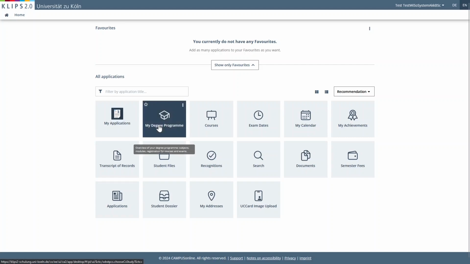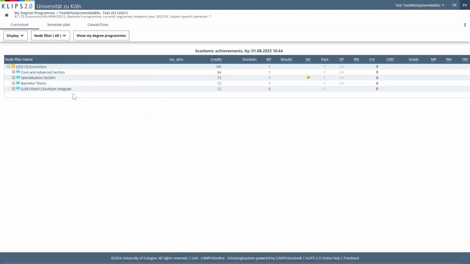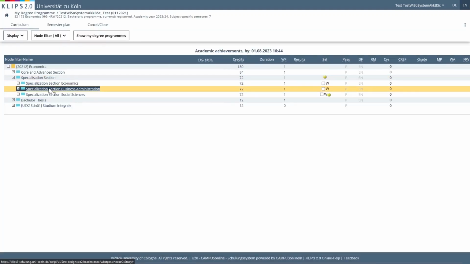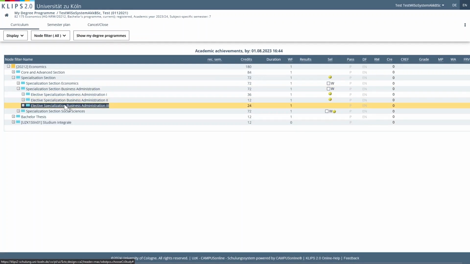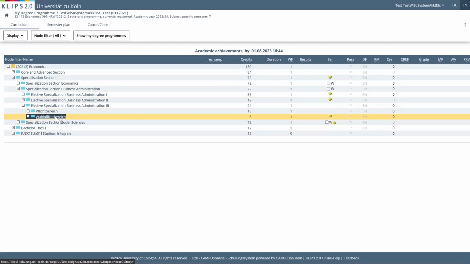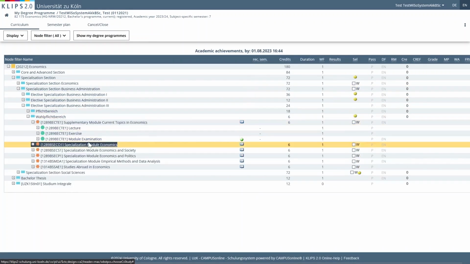Under My Degree program, you will find all necessary information about exams and their registration. Use only this tab and under no circumstances any other way for exam registration. Navigate to the module for which you want to get information on or register for an exam for, and open